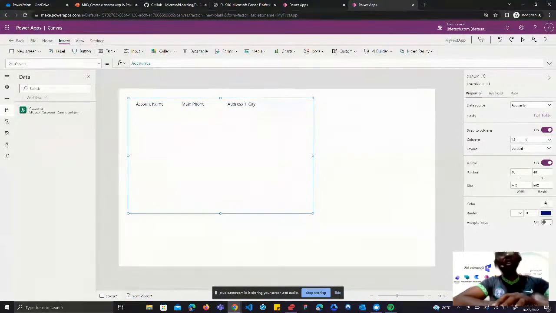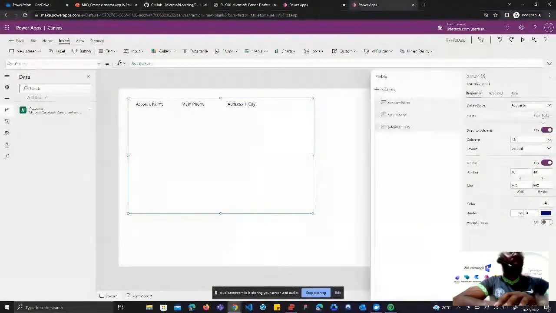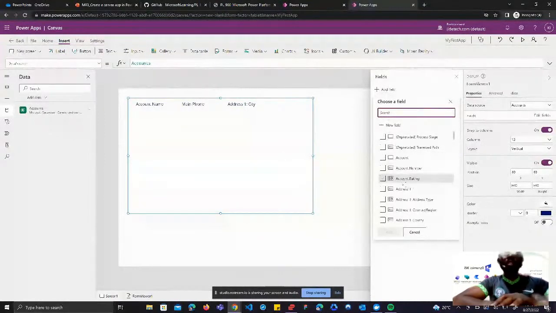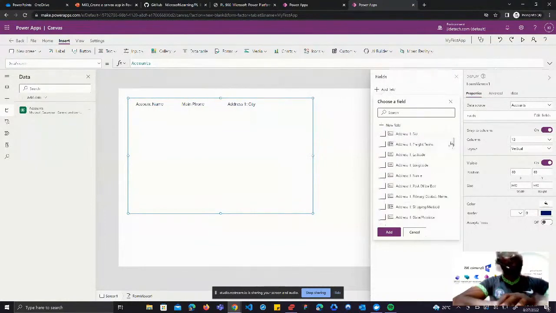To show the effect of the 12 columns, I'll come to edit fields and more fields, because at first it picks the three main fields, so I can add every other field I want. Let's go crazy and add as much as we want. I have account name, account number, my account rating, address, add and add and add and add. It's up to 12. Let me see, I have three here, 4, 5, 6, 7, 8, 9. And if I scroll down, 10, 11,